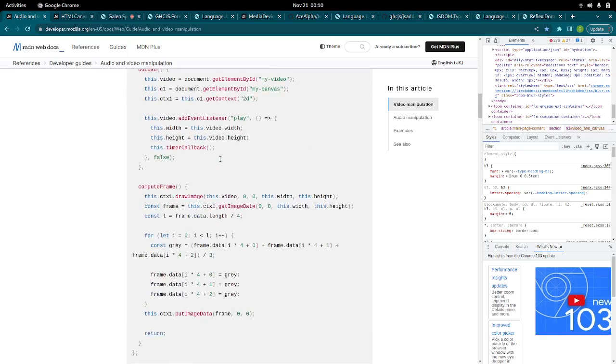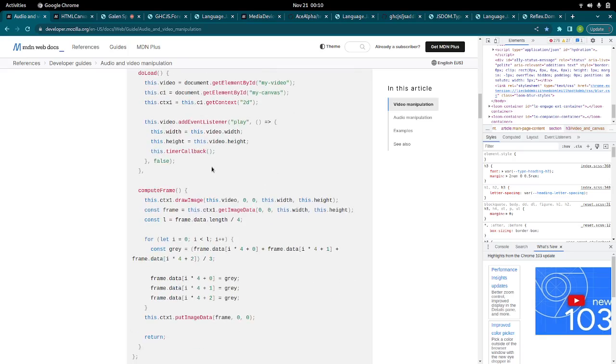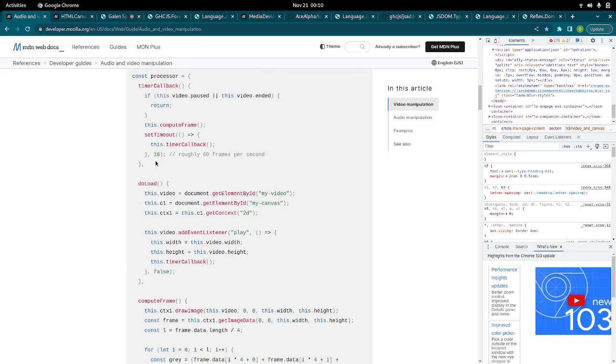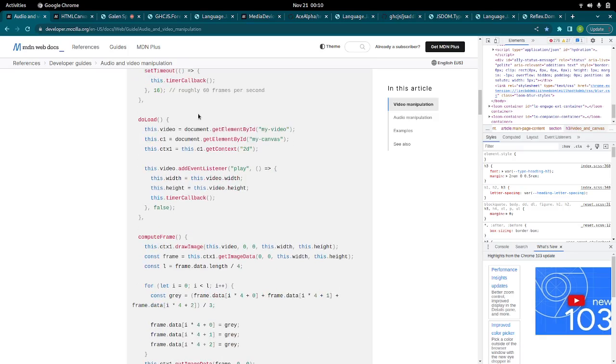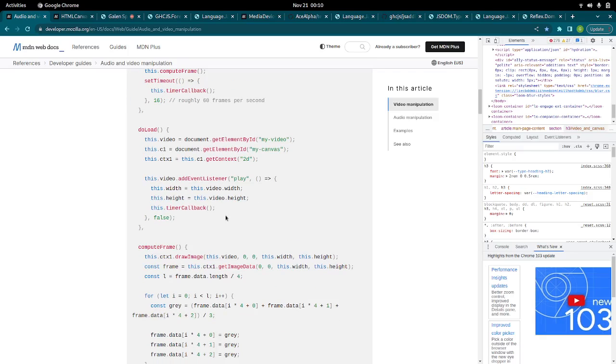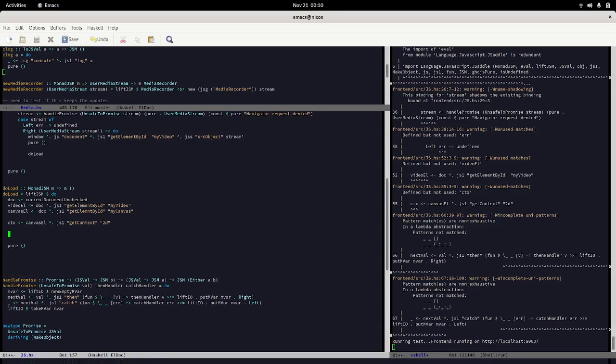We are going to make this also pure. I'm noticing that this is updating the global state of the object and then getting context later as we do compute frame. But we are going to call timer callback, which is going to have the necessary arguments given to it in order to set up compute frame and itself. So now I guess we would say